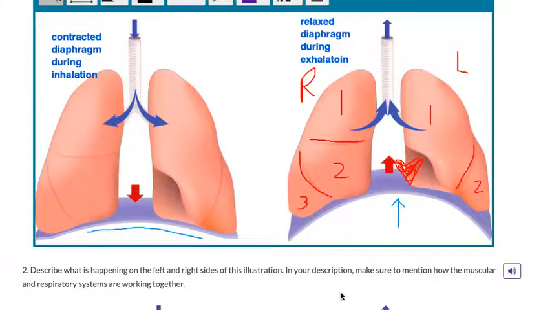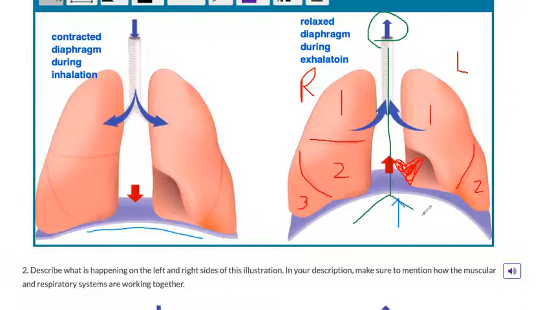Another thing I want to point out is the fact that I've said that this is the right side and this is the left side, even though when I'm looking at it, my right hand is on this side and my left hand is on this side. And the reason for that is we're pretending that we are looking at a potential patient. We are looking at a patient who's laying down in front of us. And if they're laying down in front of us,